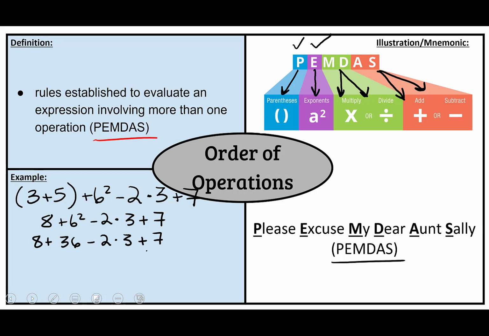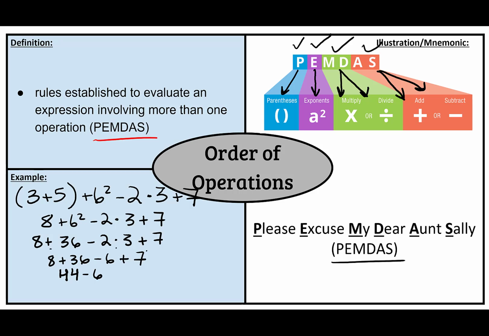Moving left to right, I have to check, is there any multiplication or division? I have addition here, I have subtraction here, but then I get to multiplication. So I'm multiplying negative 2 times 3, which is negative 6. So now my expression is simplified to 8 plus 36 minus 6 plus 7. When I get to this point, all I have left is addition and subtraction. I can really go in any order that I like, but I like to go in a left to right format. So 8 plus 36 is 44